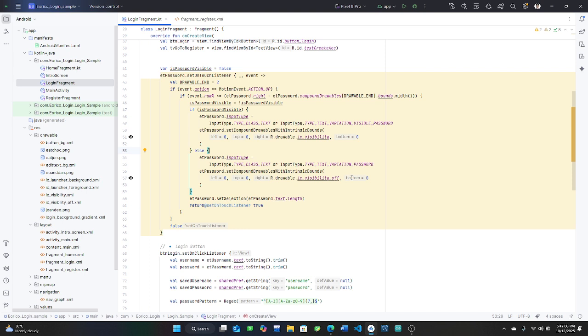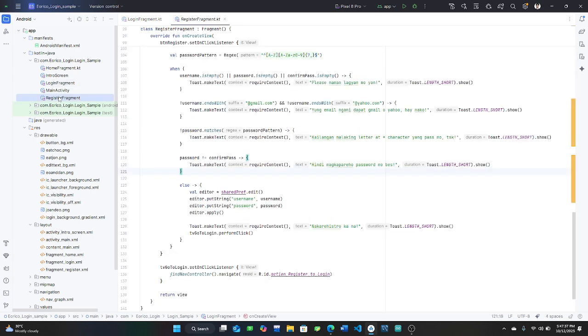You should add a return at setOnTouchListener, true for that case and false otherwise. After we have done all of that, we should set the setOnTouchListener.